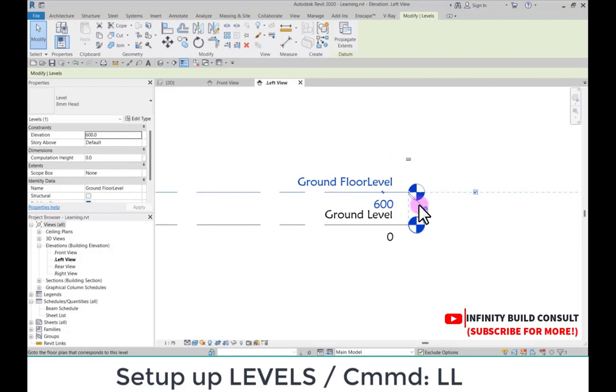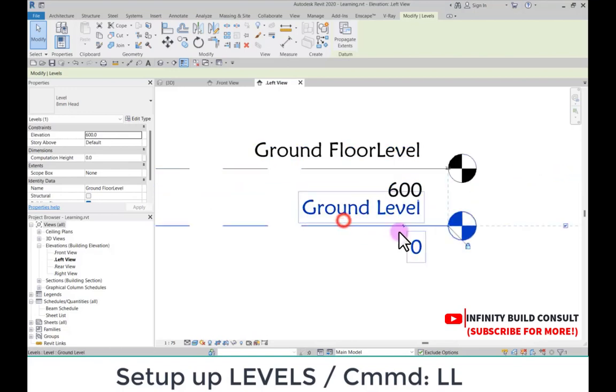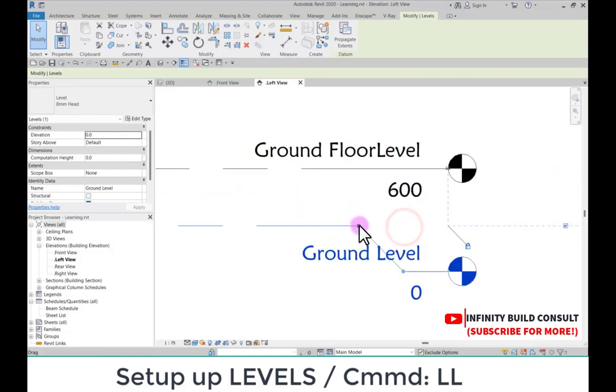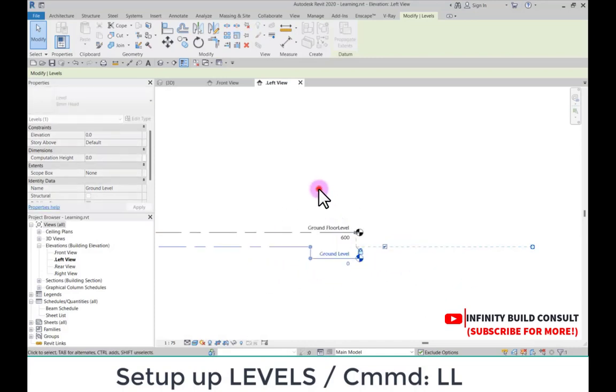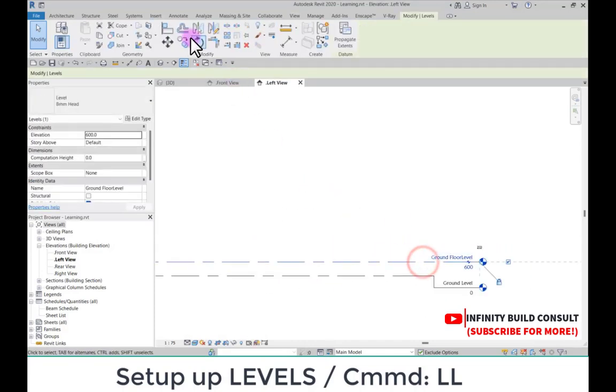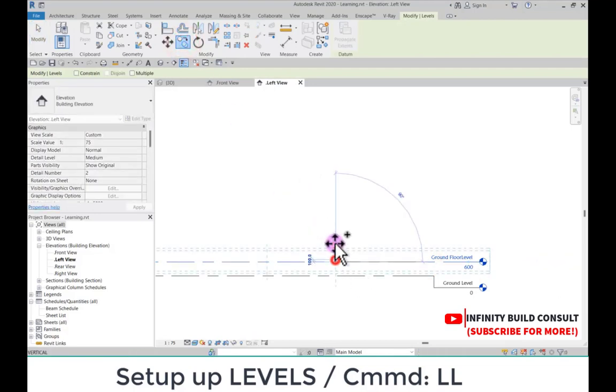So this level is going to be our ground floor level. I can just click here to edit it. Also, I'm going to copy this level here and give it